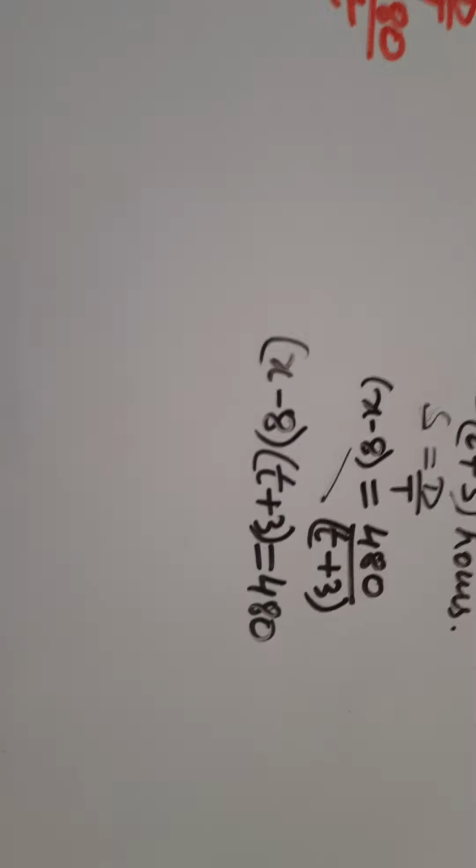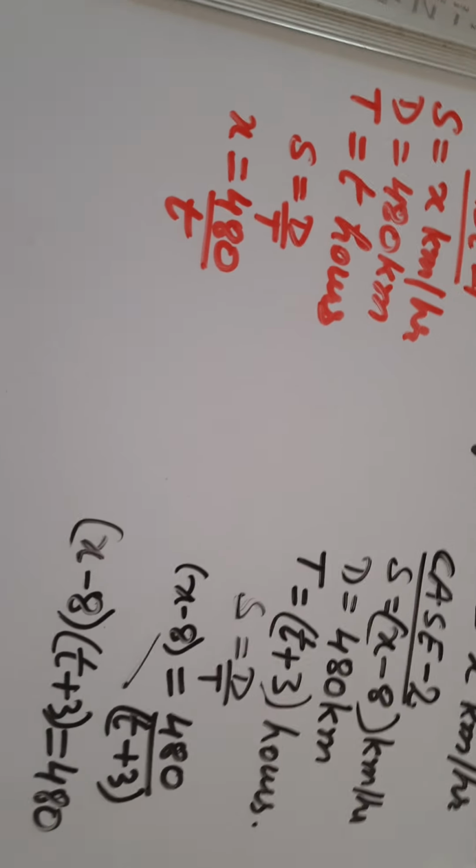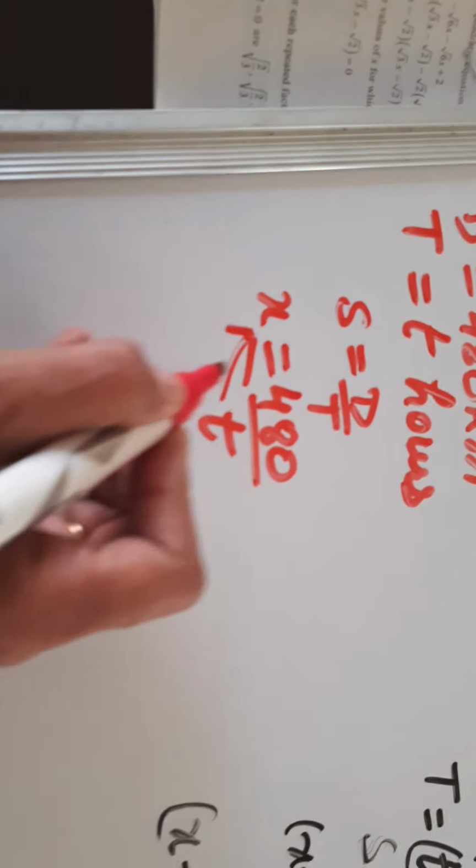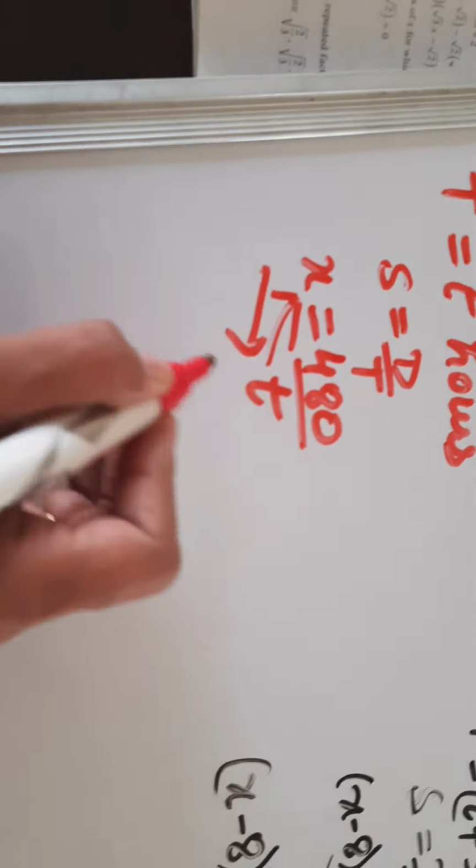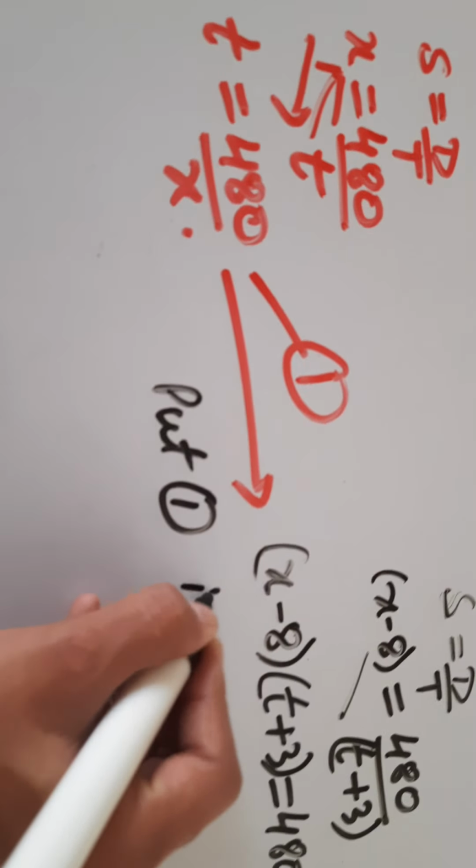Right? So dear students, now we need to find out the speed. We will not put the value of x, we will eliminate t. We take out the value of t from here, and what will we get for t? Let us see. Cross multiply. We will take t to the above side and take x here like this. Now put this value in this equation. Put equation 1 in equation 2. We'll mark this as equation 1 and this is equation 2. So we'll put the first equation in the second.